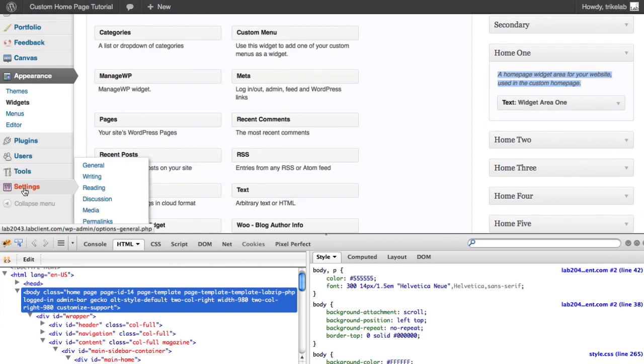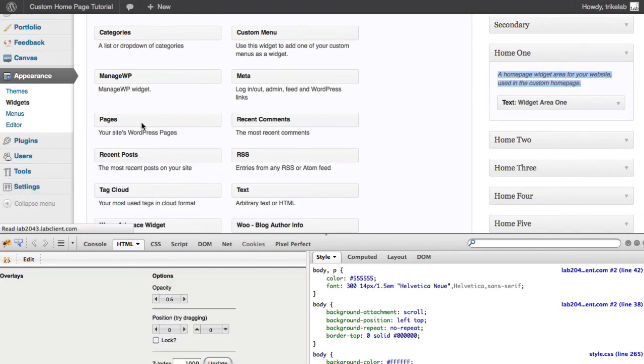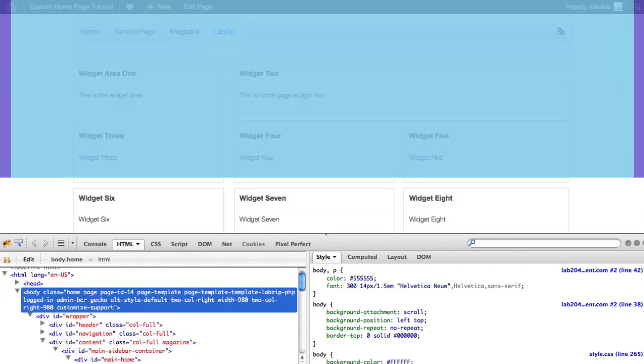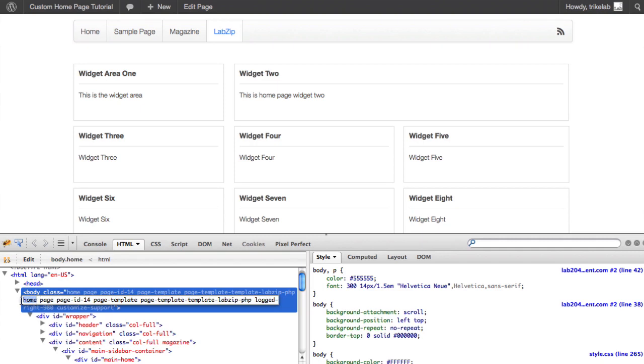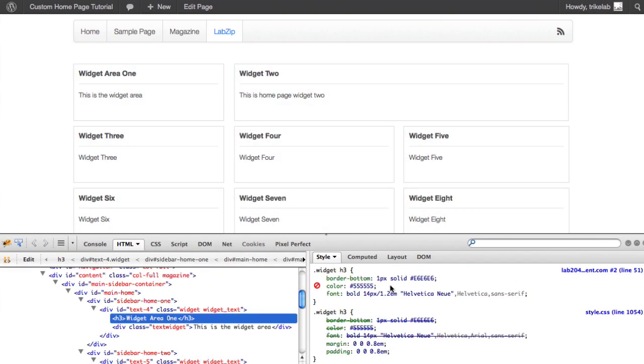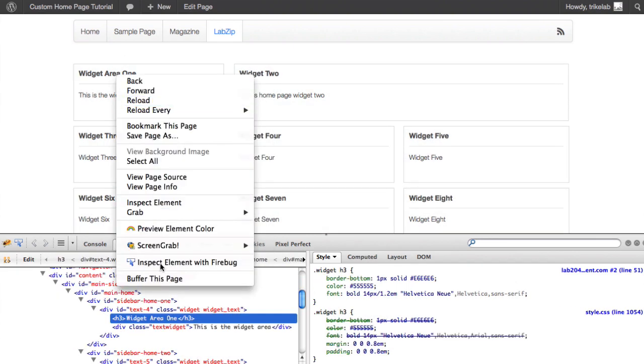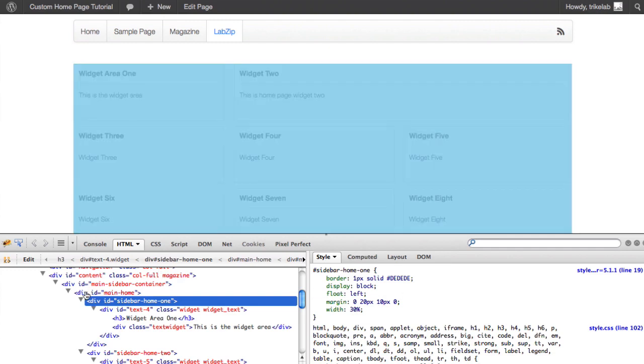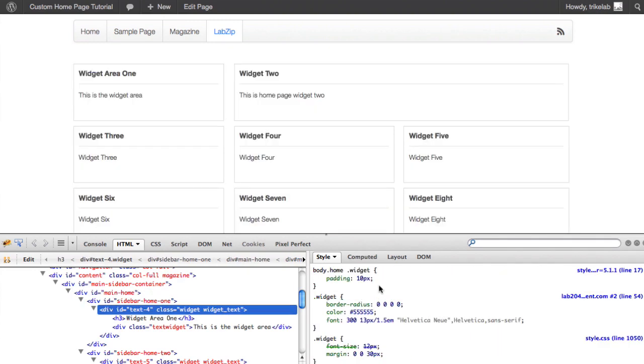We went under Settings, Reading, and we selected our home page to be this particular LabZip page. Whenever you do that, the body class has a specific name of home. So we can use that to our advantage, because now we can say that these changes in styling for these widget areas will only apply if we're talking about a widget on the home page. Okay? And let's go back over here. There we go. So this padding for these widgets will only apply to the home page when I add the designated element of